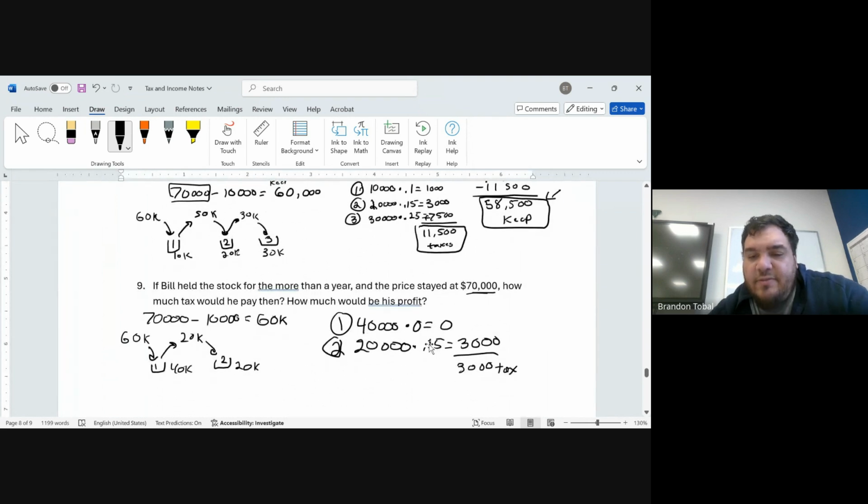And because that's his tax, we're just going to figure out what he keeps. Again, keep, right, instead of profit, which is going to be 70,000 minus 3,000 is 67,000. So for him, it's definitely a good idea to save it because if he held it for longer, he saves a